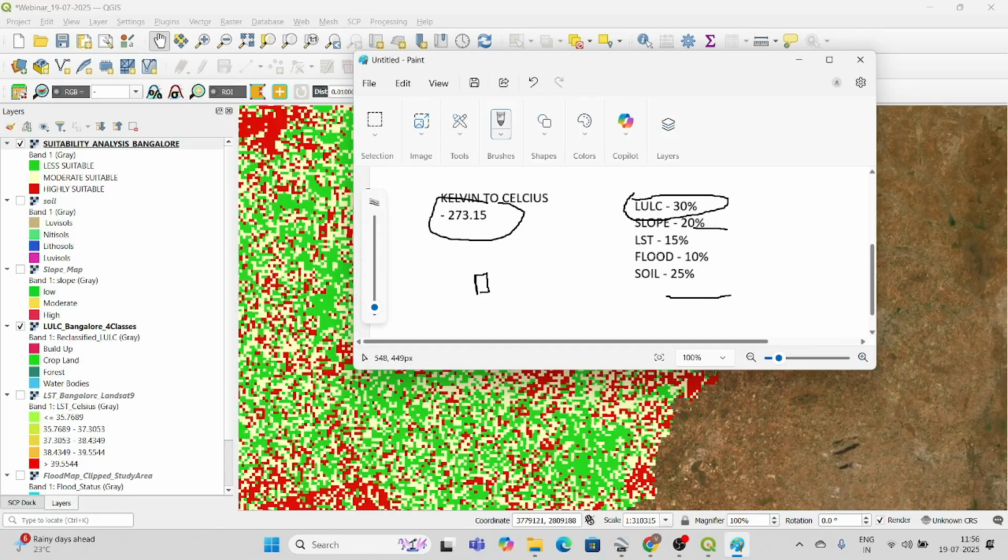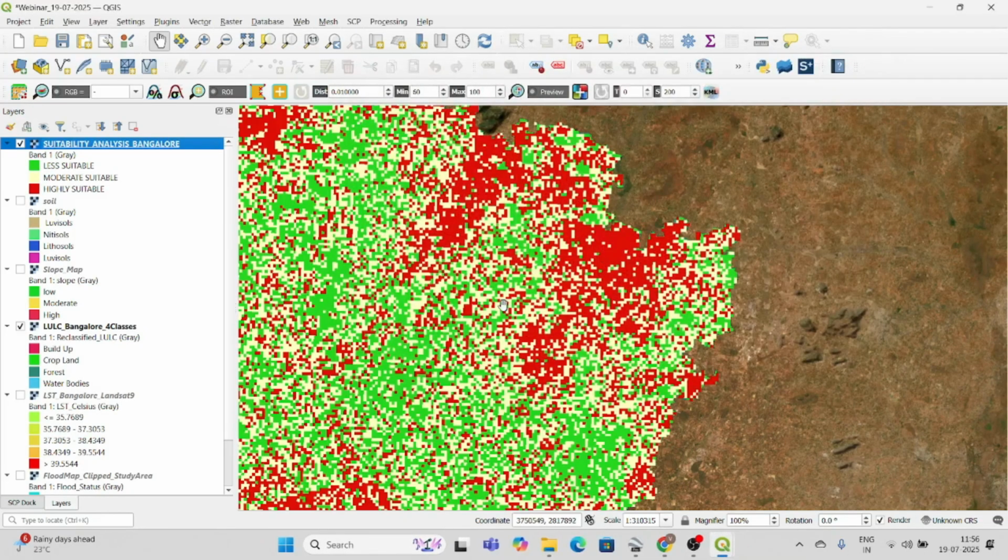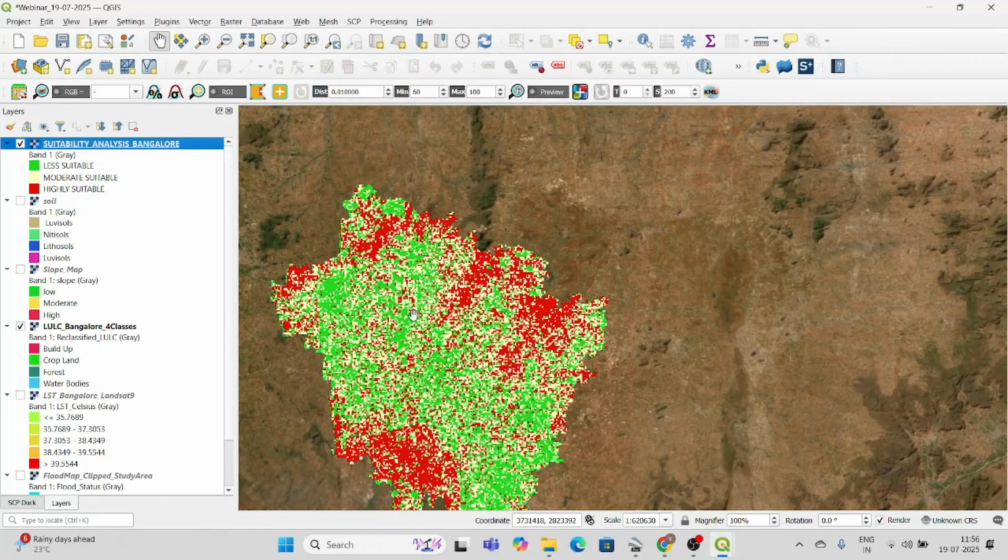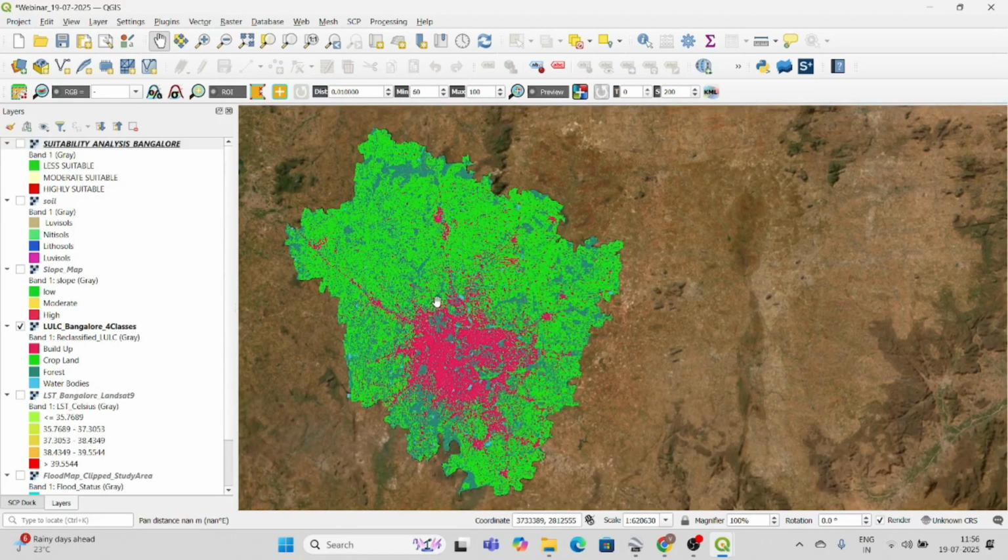Now you can ask me why I selected Bangalore as my study area. Because I'm in Bangalore now, so I know which particular areas. I may not know so many areas, but I can understand which areas are highly populated, and if I find some solution for this, where I can build my buildings. So this is a reality check.